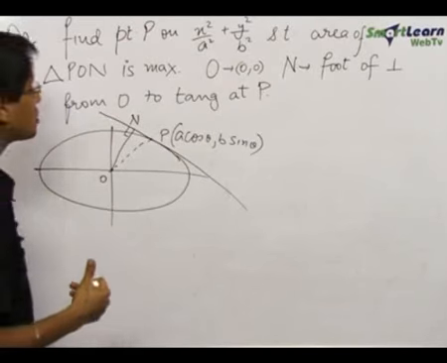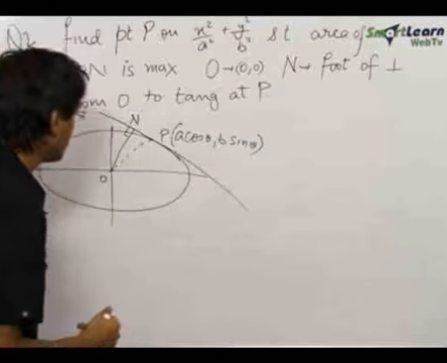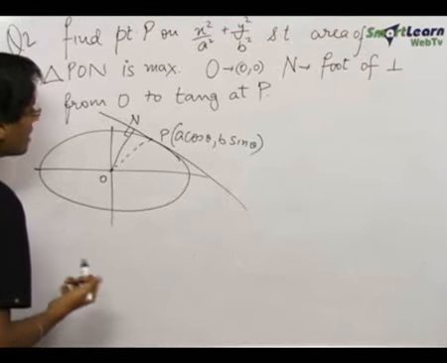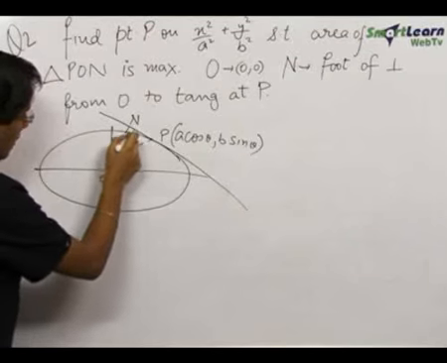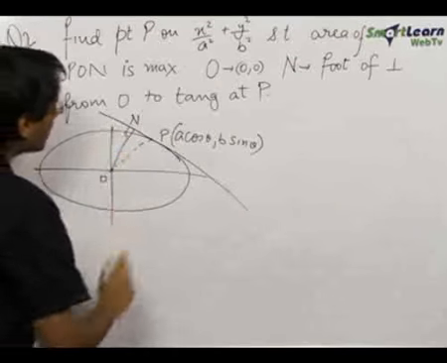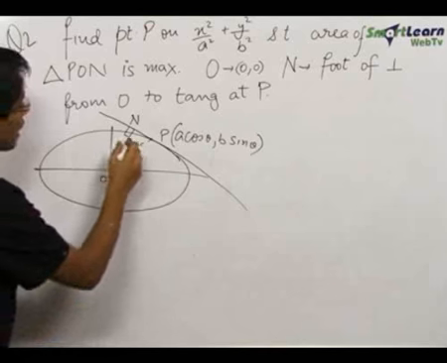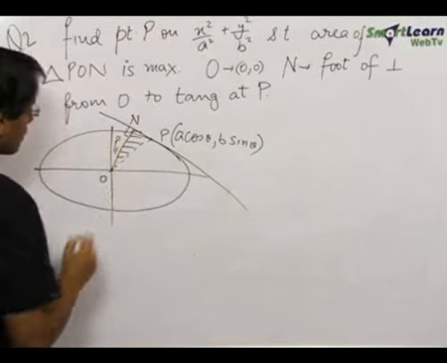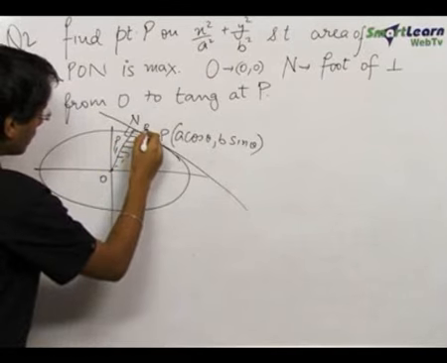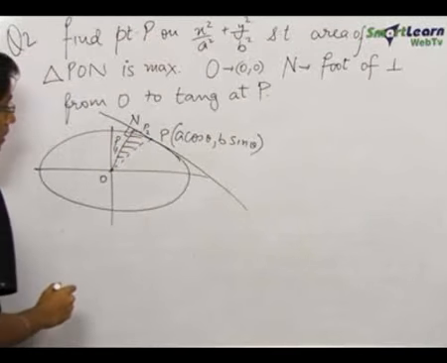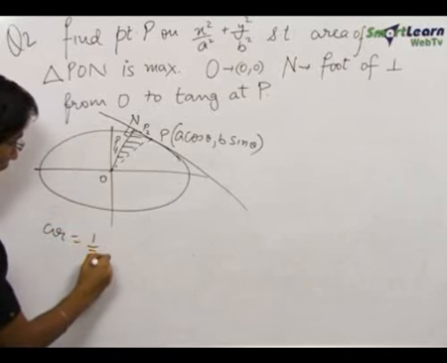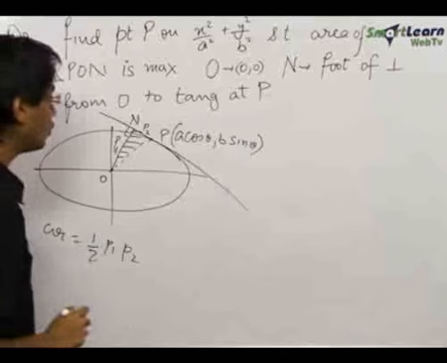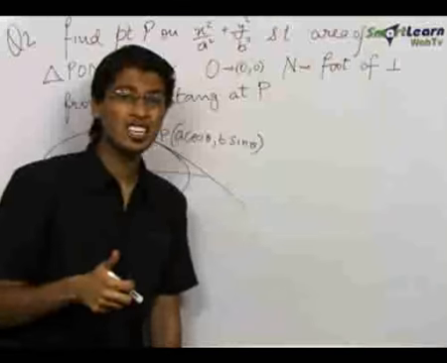In this question there is a special trick involved. Since this is the equation of a line, that is the equation of the tangent, we can find the length of the perpendicular dropped from our origin on the tangent. But for the area of triangle PON, if this is P1, this is P2, then the area will be equal to half P1 into P2. We know P1 but we don't know P2. Hence we do a small construction over here.